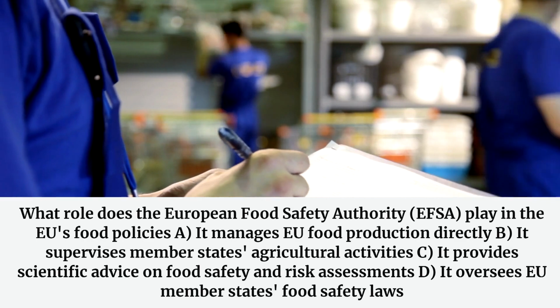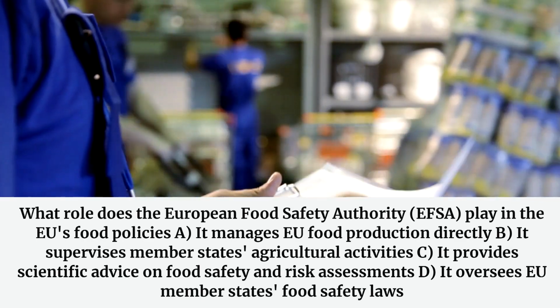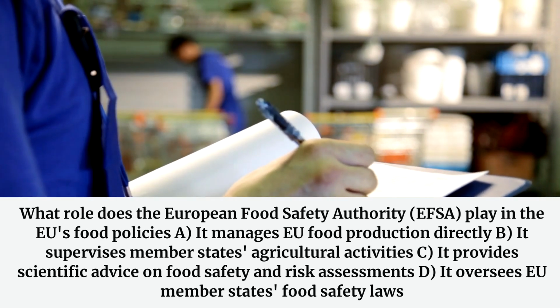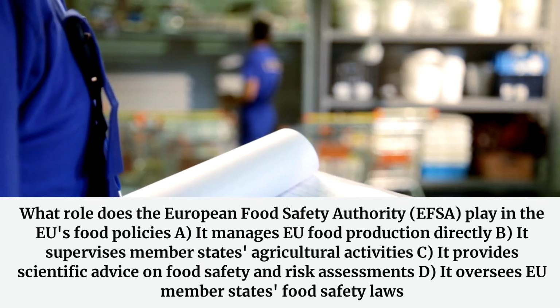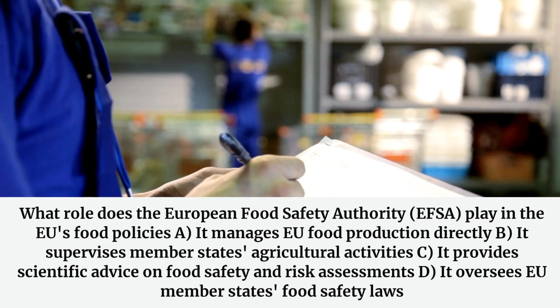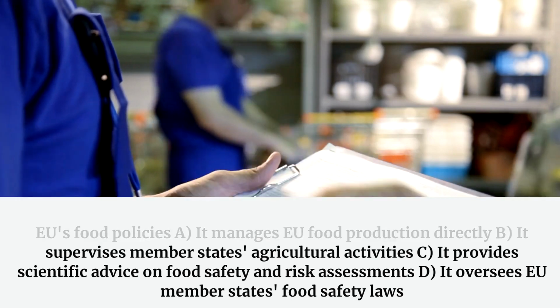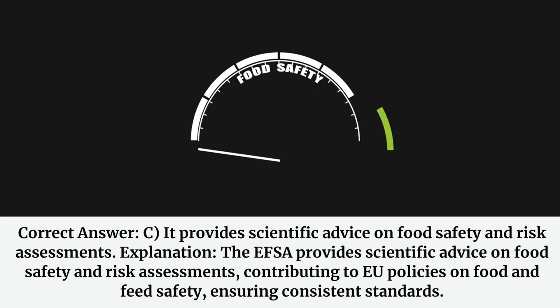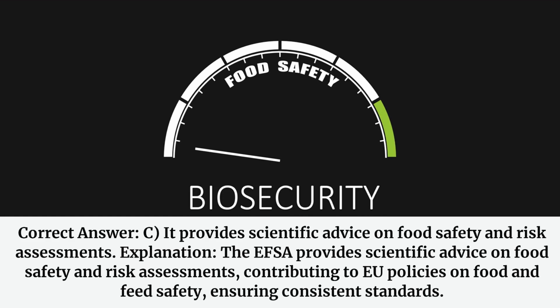What role does the European Food Safety Authority, EFSA, play in the EU's food policies? A. It manages EU food production directly. B. It supervises member states' agricultural activities. C. It provides scientific advice on food safety and risk assessments. D. It oversees EU member states' food safety laws. Correct answer: C. It provides scientific advice on food safety and risk assessments. Explanation: The EFSA provides scientific advice on food safety and risk assessments, contributing to EU policies on food and feed